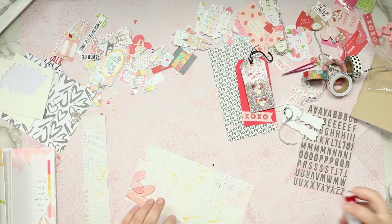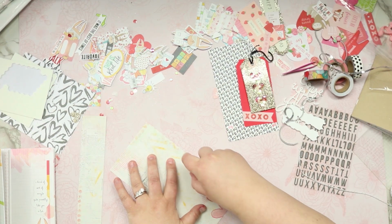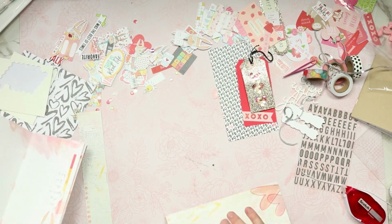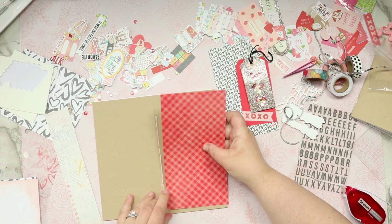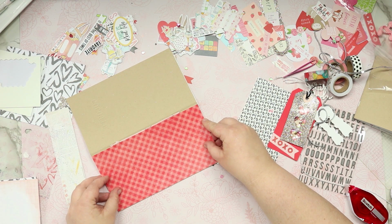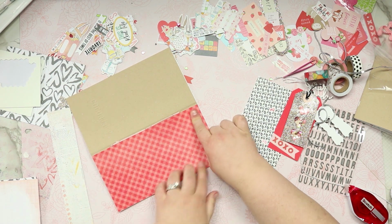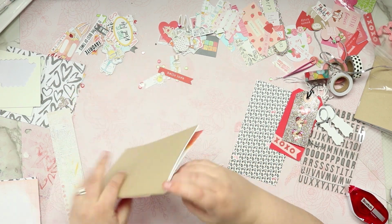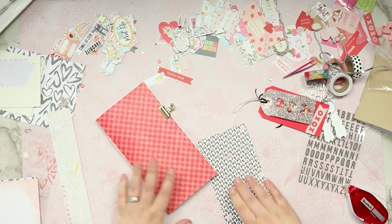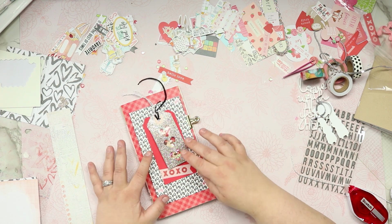So then we will take our glue. I just tape it down. I might have to get out my stronger glue for the inside corner so that it sticks. I lay my booklet in half in the middle, and then I go from the outside in, because if the inside or the edge is crooked, it doesn't bother me if this isn't cut straight or if it is a little bit shorter. I want this to all match. So I lay that down, and then usually I do clip it shut while I'm working on it because it opens. And then I think we'll just play around with adding